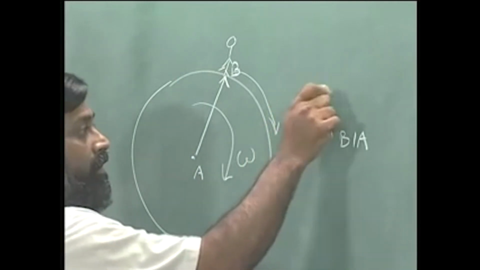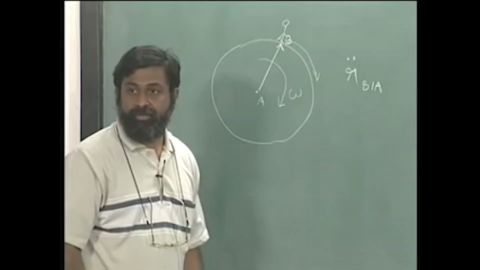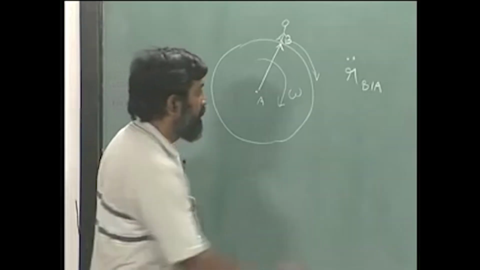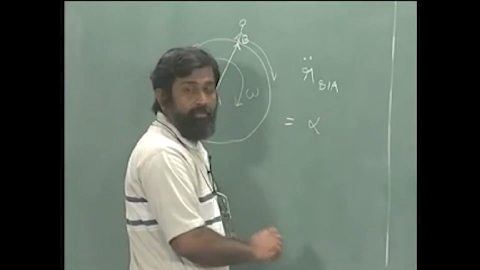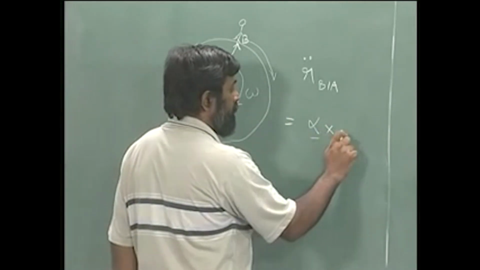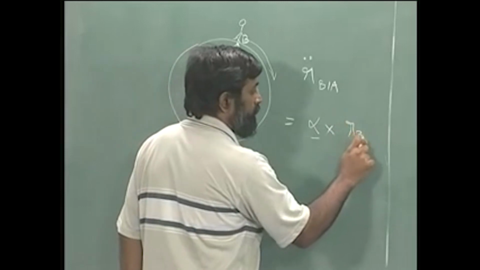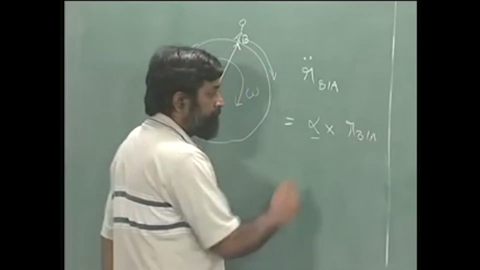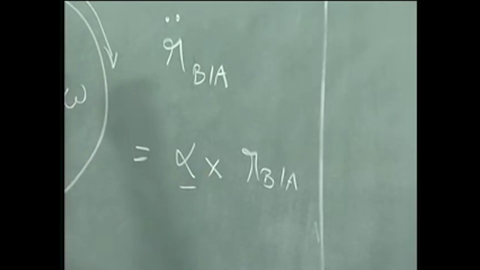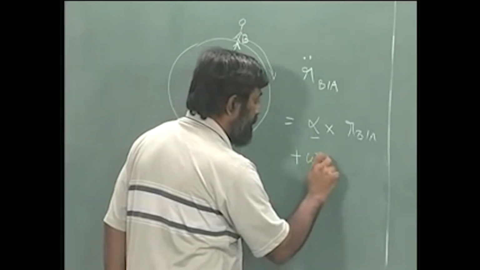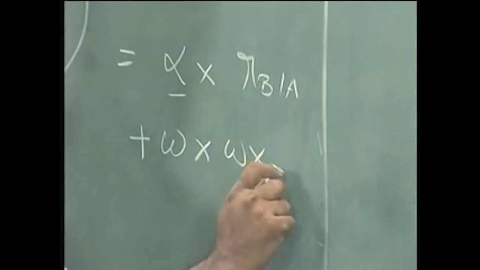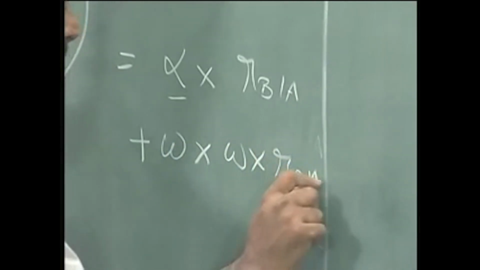R double dot of B with respect to A is what I am interested in, and that will be given by, as we have already derived, alpha cross R B with respect to A, which is the tangential component of acceleration, plus the inward radial component of acceleration, which is given by this,